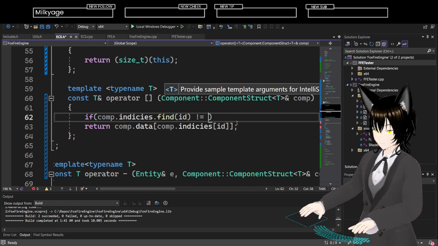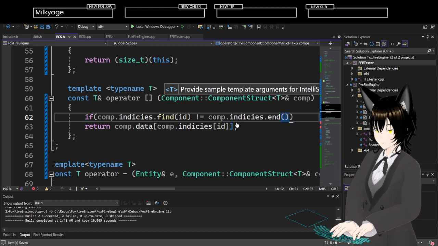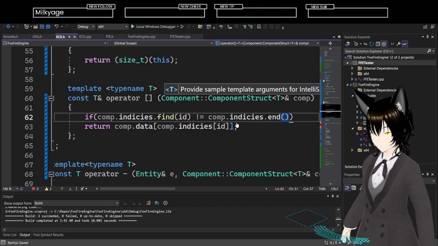And comp dot indices dot. I allegedly have 2 viewers. You probably want to get that iterator out of find, would be more efficient. Yeah.